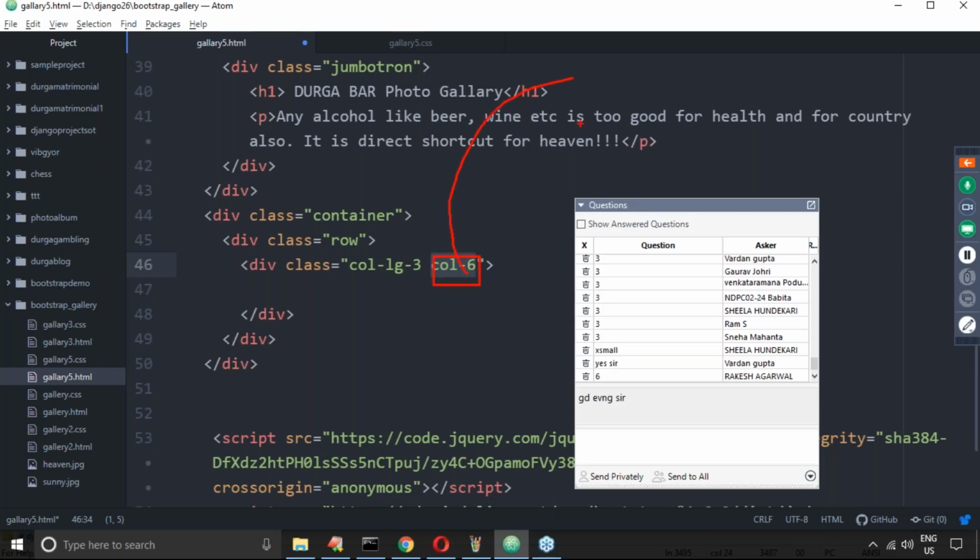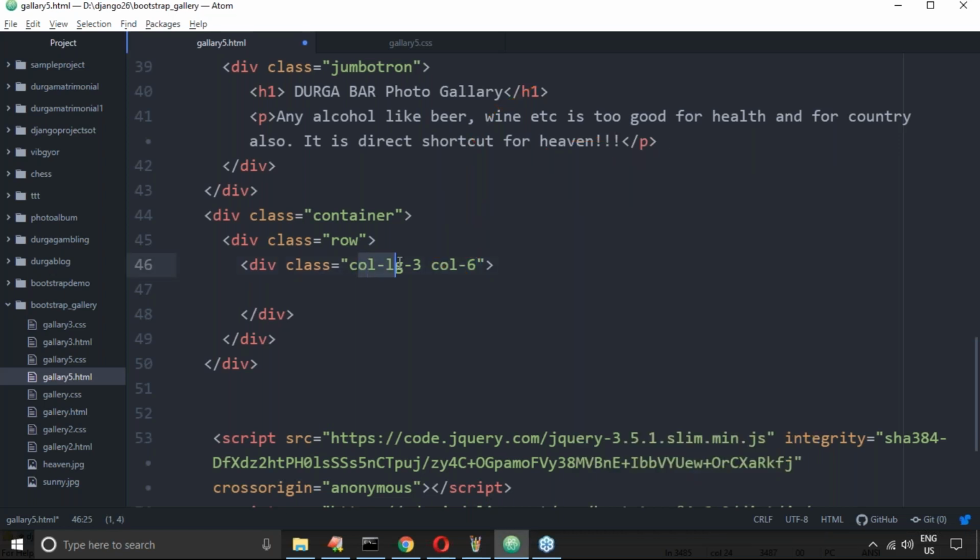So for extra small, for small, for medium, everywhere is the same. But for the large, there is a change. Do you remember, sir, the low level will be reflected automatically to the higher level. But only for LG you define, that's why it is going to be changed only for LG. But for MD, in all the cases it is the same. Any doubt? Respond. Any doubt about this one? Okay, that's all.